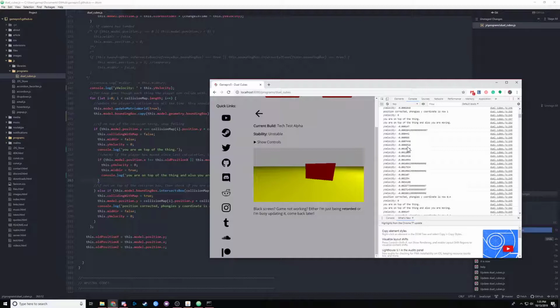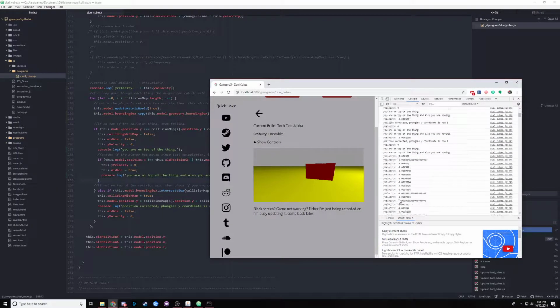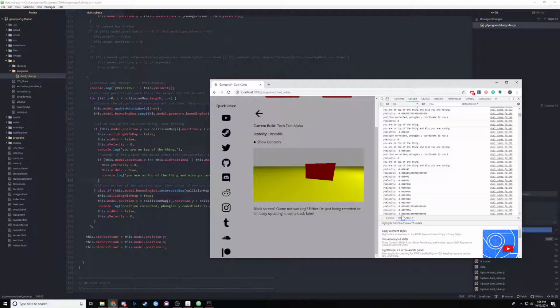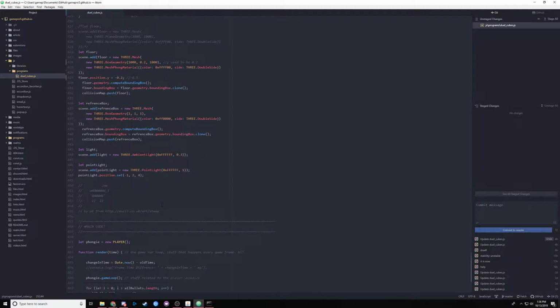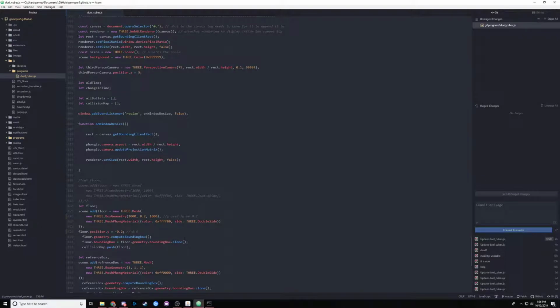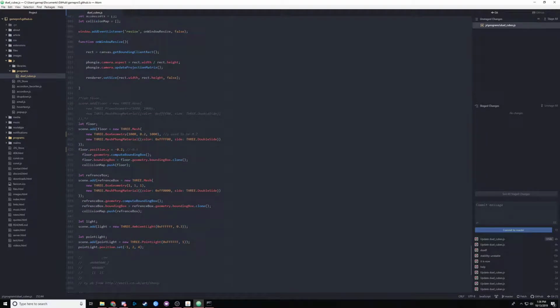I'm looking for a sudden snap to the floor. Resets the velocity. That's good. Maybe what's the bounding box? Oh my gosh. Maybe the bounding box of the floor is off. So